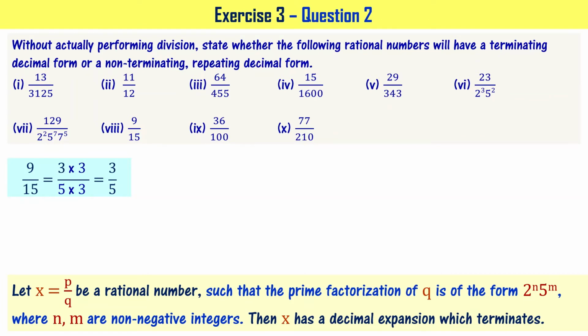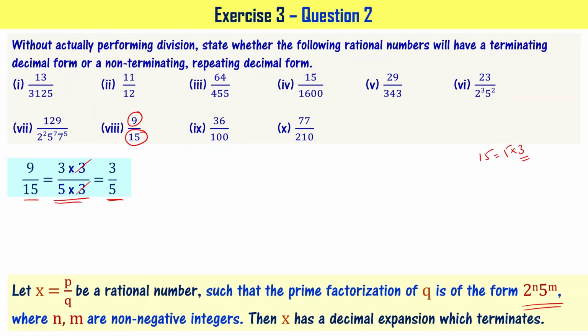We know that if you look at 15, simply you can say that 15 equal to 5 times 3, right? You have 3 extra. So you may say that, okay, I cannot express this as 2 power n 5 power m. Don't do that. You observe even what is the numerator. The numerator is 9, right? That can be written as 3 times 3 as shown here. So now if I express 15 as 5 times 3, then I can cancel these 2 3's, right? Now what I have is 3 by 5, right?